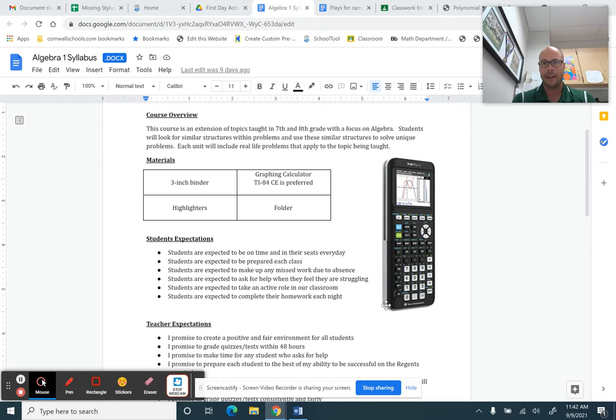Couple things about my class. All right. So all of my classes kind of are similar. So everything that I have, I post on Google Classroom. Basically, especially for the freshmen and my sophomores, you can do a lot of the stuff right in your Chromebook. Everything is right there.